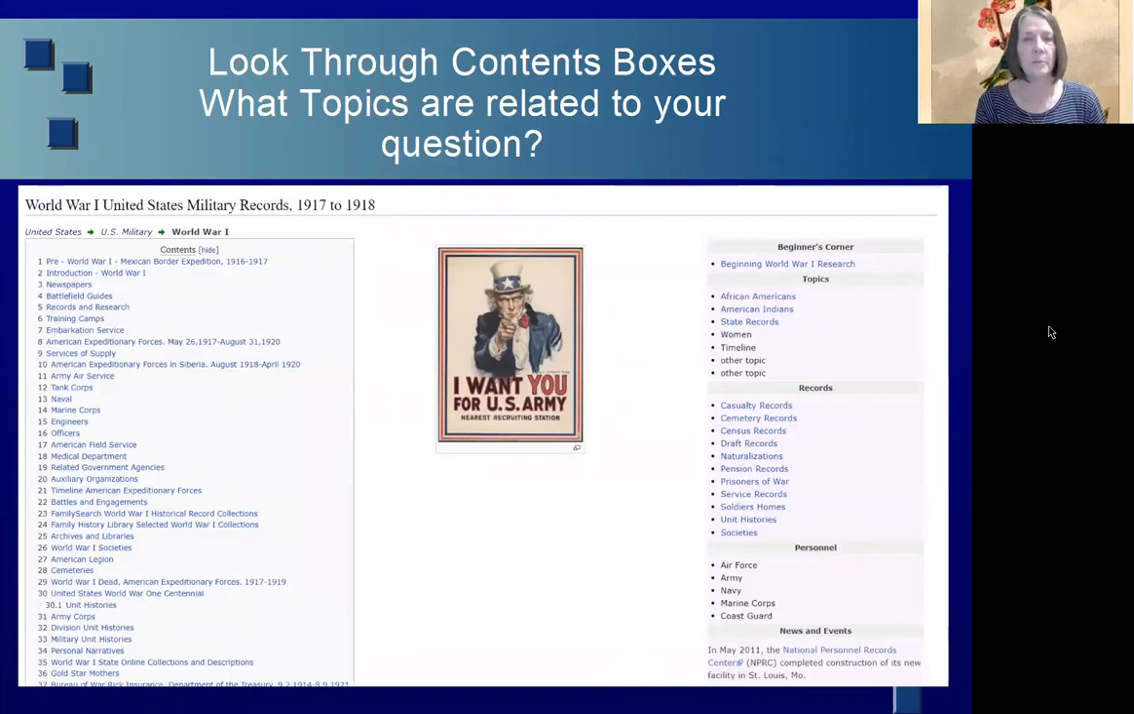So first, when you get a page like this, first thing you want to do is look through the contents boxes. There are two of them. There's a navigation box on the left that tells you what's on the page itself. And then you have a navigation box on the right that steers you towards records. So on the left, you see all the subjects that this article covers. And on the right, you see all the records and types of records and places that you can go to find records. So you can jump right to the records, but my recommendation is always look through the contents box